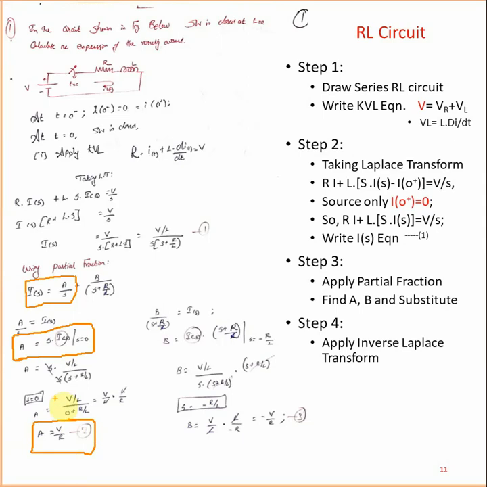Similarly, I need to find the B value. Then I(s) is equal to B divided by this one. Then B is equal to I(s) into this one. Substitute the I(s). I have put the circle. Wherever I put the circle, it means I am going to substitute at that point. So I(s) I will replace. Then the denominator and the numerator are the same, so cancel. Then what is the remaining term?